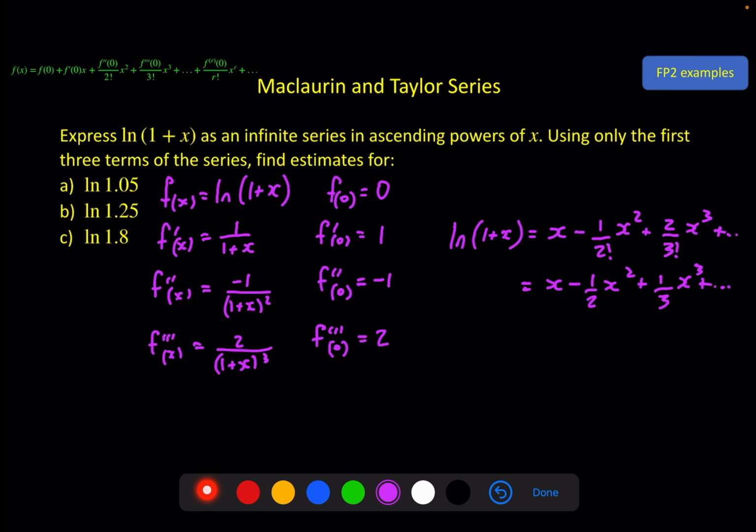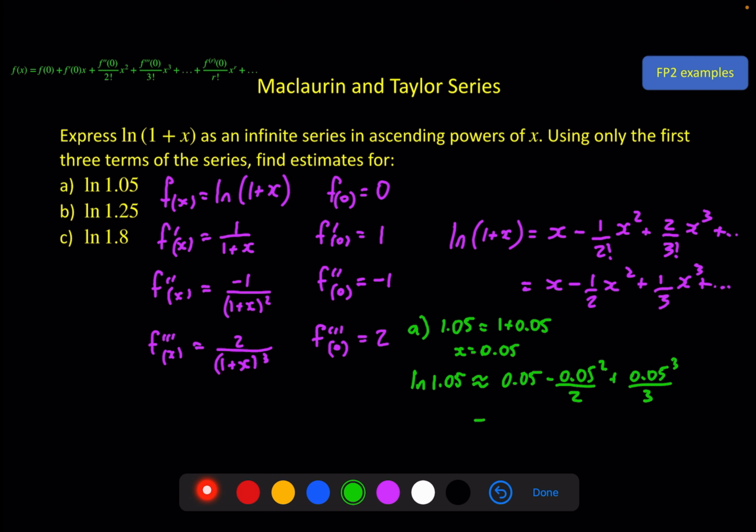Now we need to use this to estimate these 3 things here. And this part is quite easy. We've got 1 plus x here, and we need a 1.05, so obviously x here is going to be 0.05. So if I make that clear, 1.05 is equal to 1 plus 0.05, so my x value is equal to 0.05. The approximation then is found simply by substituting this value into this expression here. 0.05 minus 0.05 squared over 2 plus 0.05 cubed over 3. And that will equal